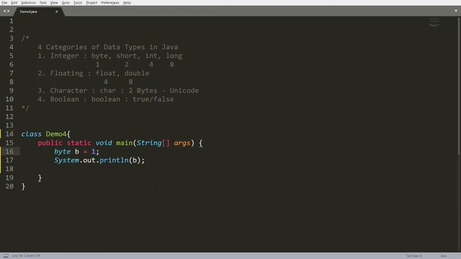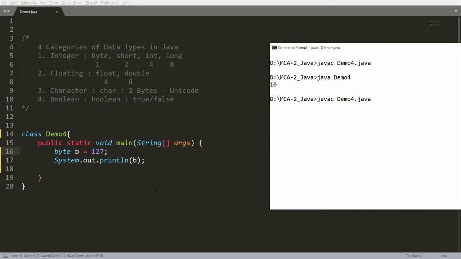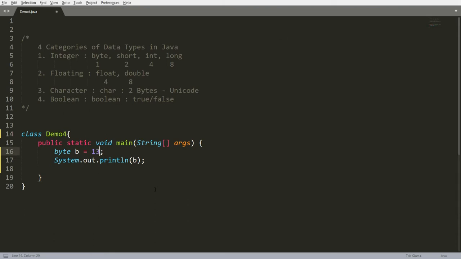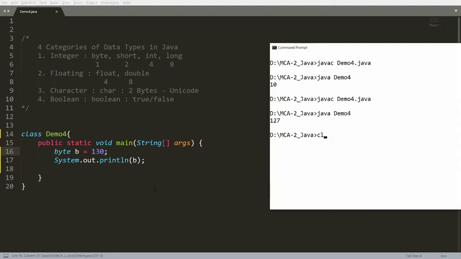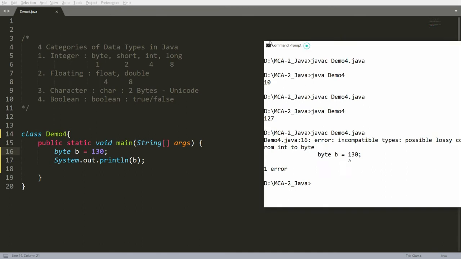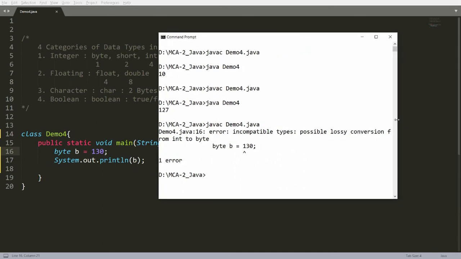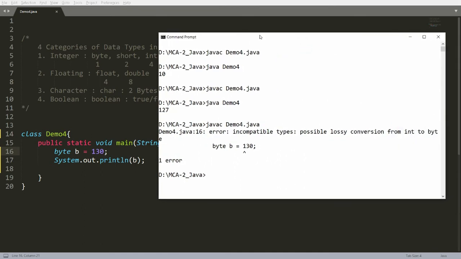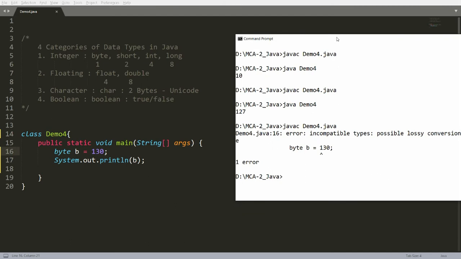Suppose I'm trying to store 127, that is the maximum value of byte. It will work fine. Suppose I'm trying to store 130, then it will give me an error. And the error will be what? Possible loss of conversion. It means the maximum range is up to 127, so you cannot store 130.